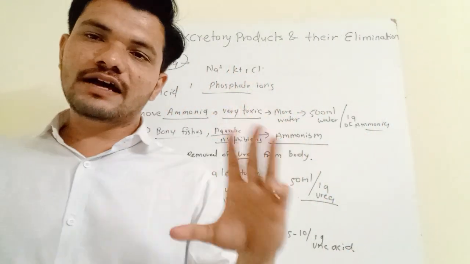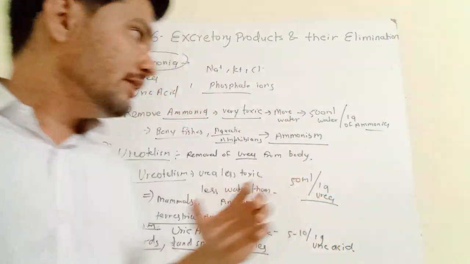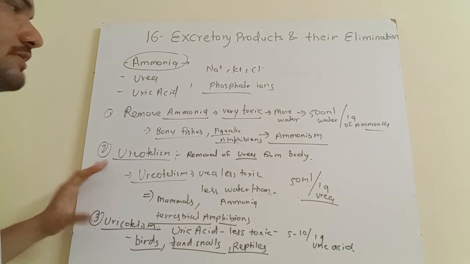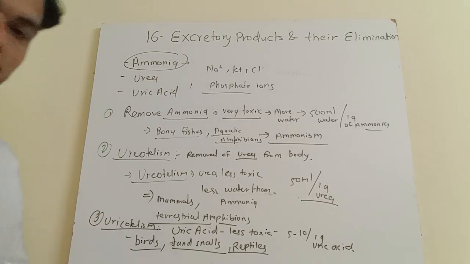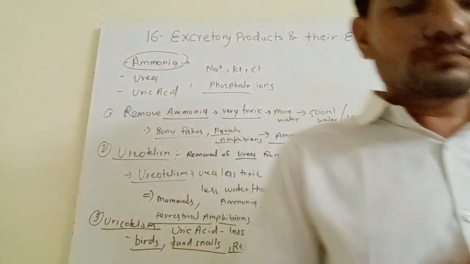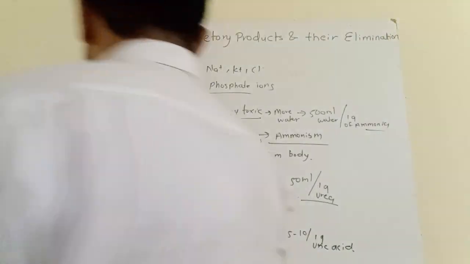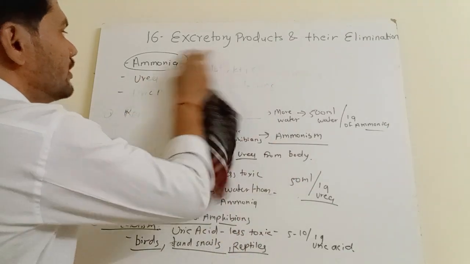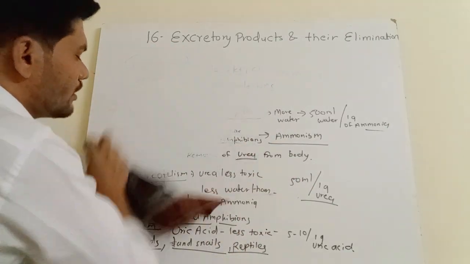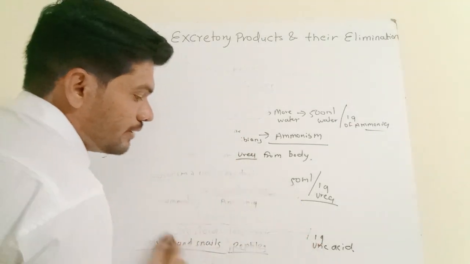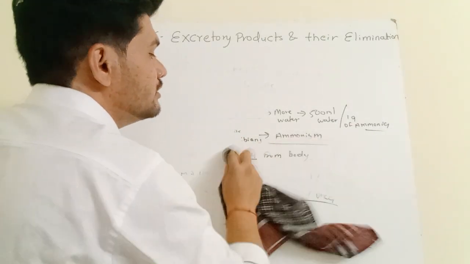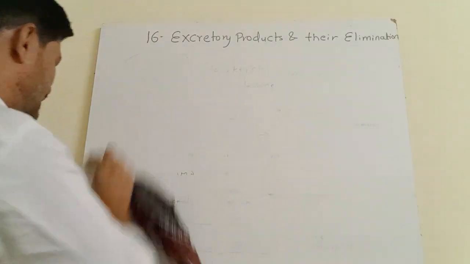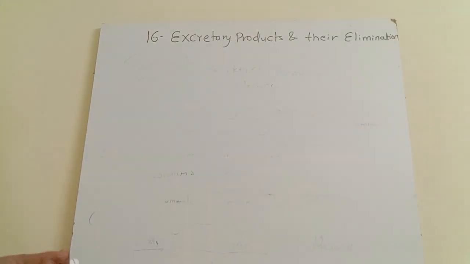So these are the three main types of excretion: ammonotelism, ureotelism, and uricotelism. Okay, I hope it is clear to you now. Then we have to see some organs which are there in organisms to remove these wastes, right? So invertebrates and vertebrates, let's classify them. Invertebrates have,